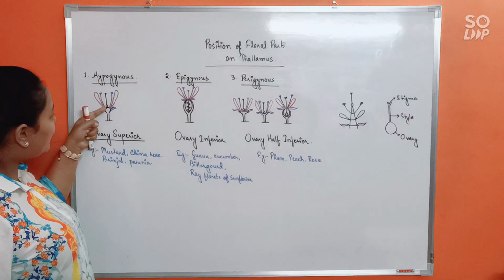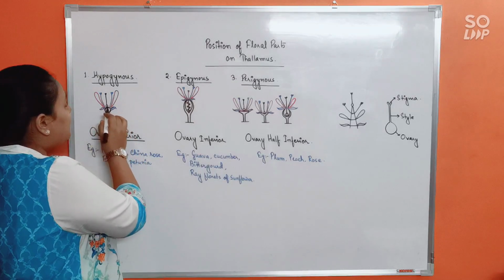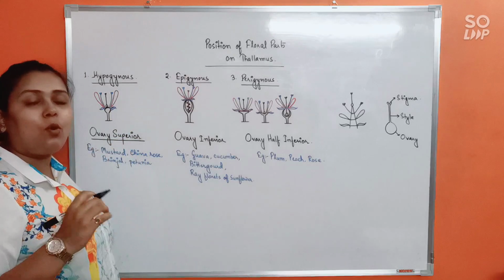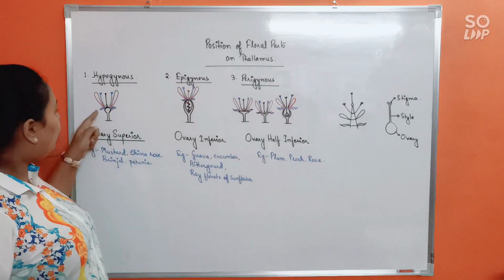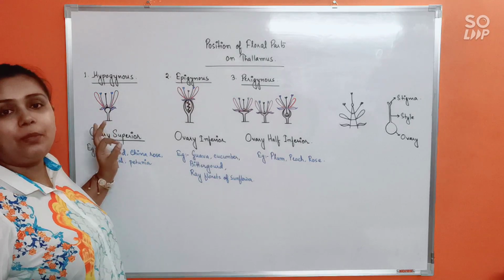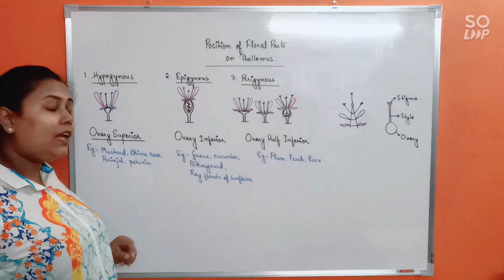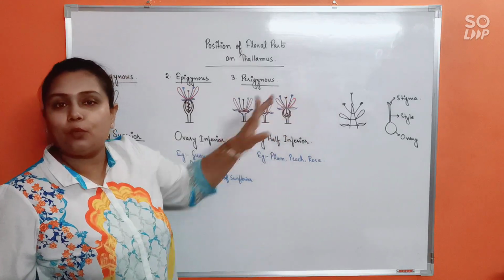The ovary is exactly at the center, isn't it? And from below the ovary arises the rest of the floral parts. The stamen, the petal, the sepals, all of them, they would remain below the ovary, isn't it? And the ovary, or the carpel, is that's why acquiring the topmost position. Right? Being at the center itself means it is at the apex. So it is at the topmost position.